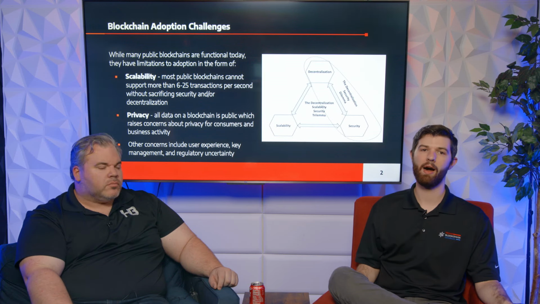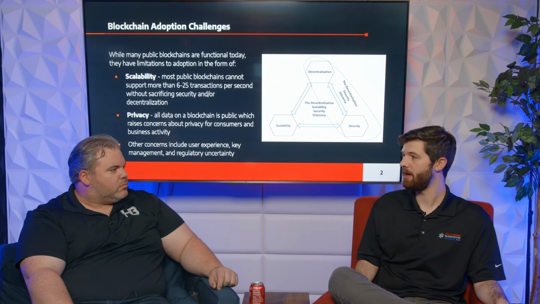So the other thing is just privacy. This is an important thing that comes out a lot because everything on the blockchain is public, whether it's Bitcoin or Ethereum. If I'm sending a Bitcoin payment to you, you can look at my wallet and you could potentially see other transactions that I've sent to other people. So I guess you can think of it like Venmo in a sense, except people aren't always as aware of the fact that what they're doing is potentially public knowledge. Sometimes it's a good thing because you can see cases of potential fraud occurring or criminal activity.